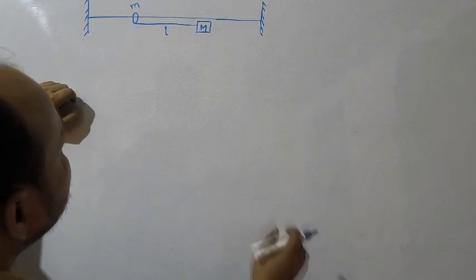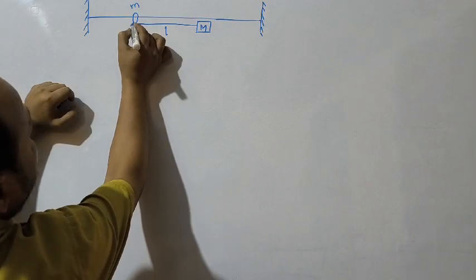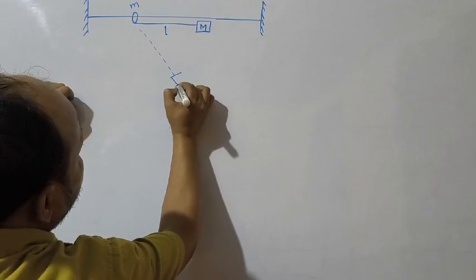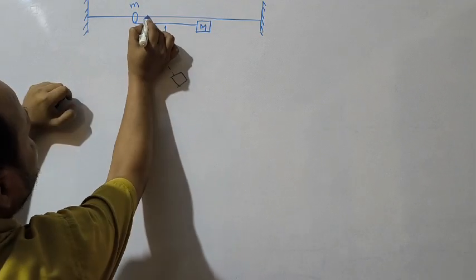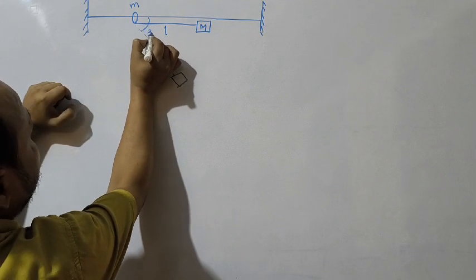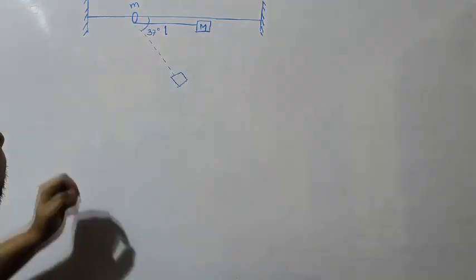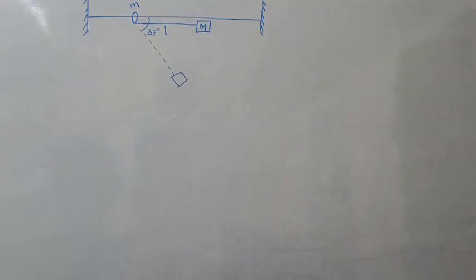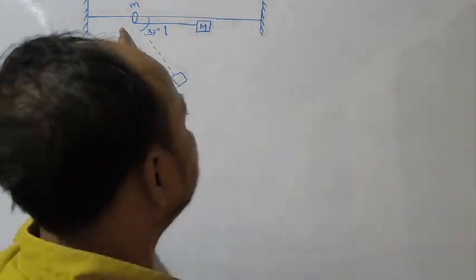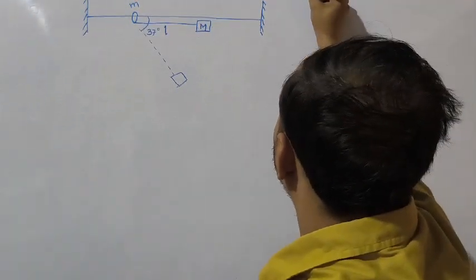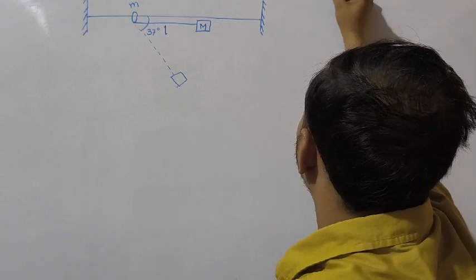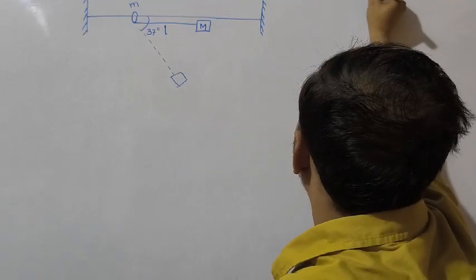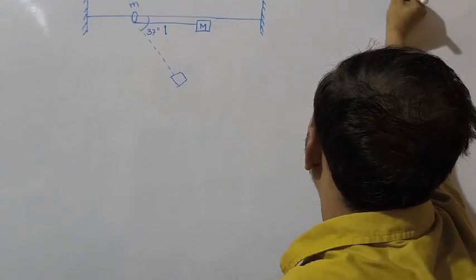So when this string will be at some angle, let's say 37 degree from the horizontal, okay, find the shift of the bead, the shift of the ring